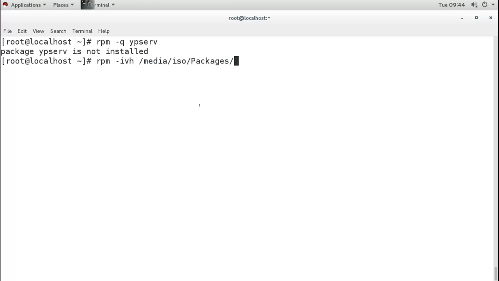It is under the CD/DVD which I have mounted on this media ISO directory. Under the Packages directory we have ypserv, so the package is available and I want to install it. The command is -i, and vh is for verbose, showing you more information. Okay, now when I press enter,